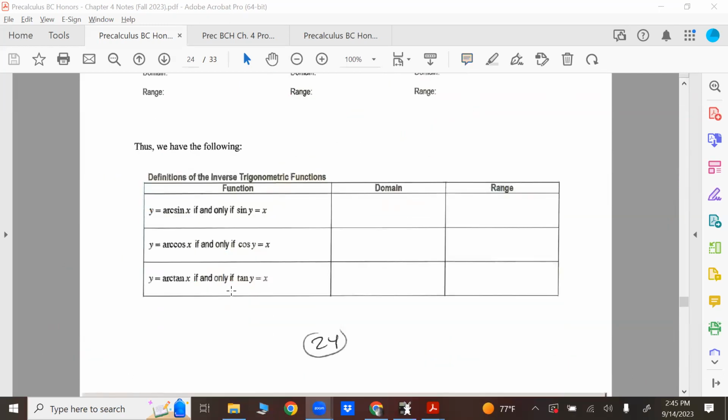All right. So let's look, just to summarize, the domain is going to be negative 1 to 1, negative 1 to 1, and negative infinity to infinity for inverse tan. The range will be